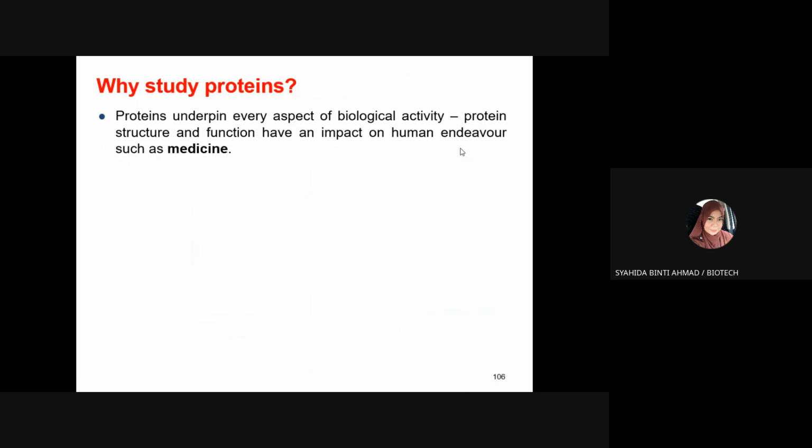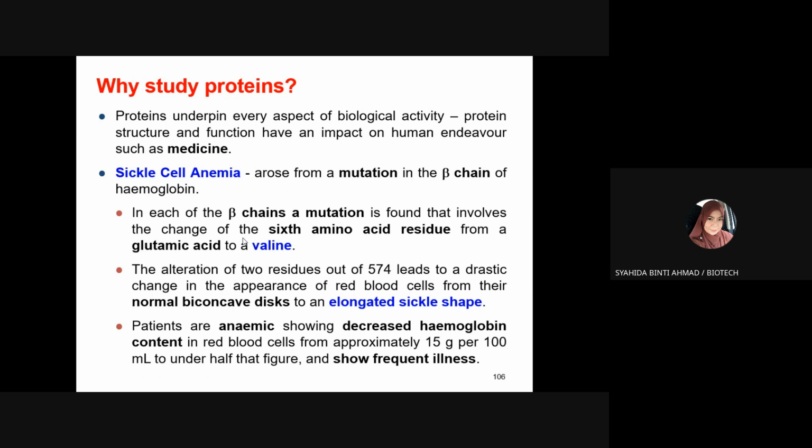So why study protein? Basically, most proteins are involved in human physiological function, so studying them helps us in medicine. An example is sickle cell anemia. It is due to a mutation of the beta chain in hemoglobin. When the beta chain is mutated, the amino acid residue glutamic acid is changed to valine. This causes the normal biconcave disc of the red blood cell to become elongated,